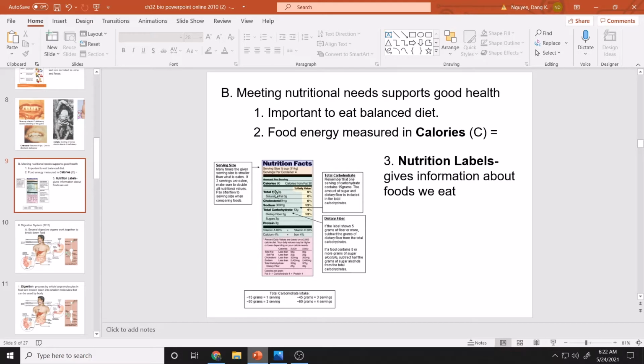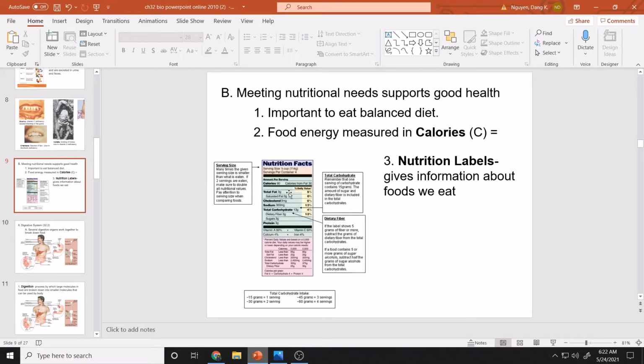So as you go down this label here, you could see how much fat you're getting, sugars, fiber, proteins. It tells you on this label here. Now, do understand that fats actually provide the most energy per gram. So fats will give you about 9 calories per gram, whereas proteins and carbs will give you 4 calories per